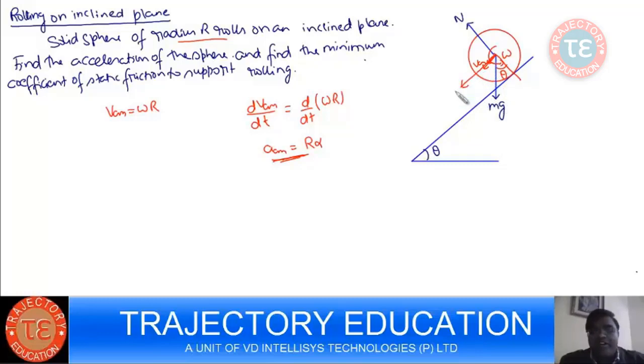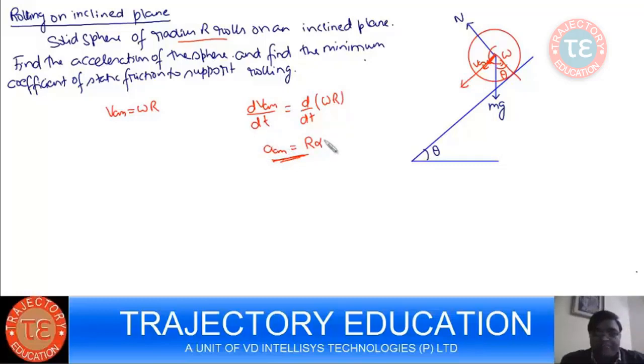This mg sin theta won't affect omega, but it will increase VCM. N is not going to affect VCM or omega, but mg sin theta, which is a component along VCM, is going to increase VCM, meaning it is going to create ACM